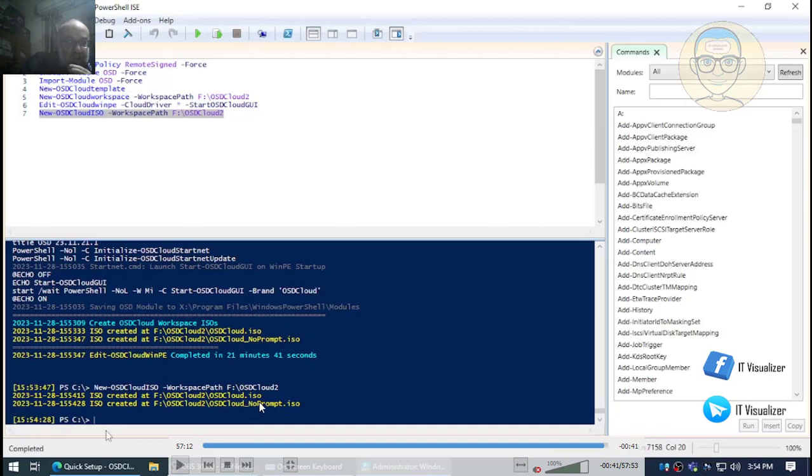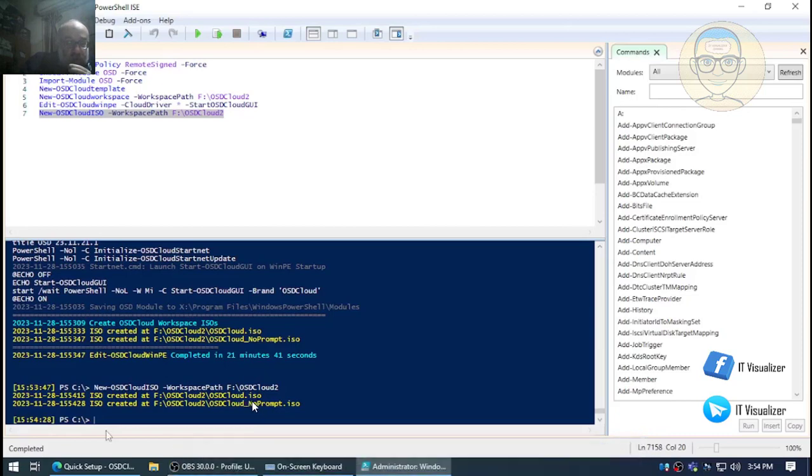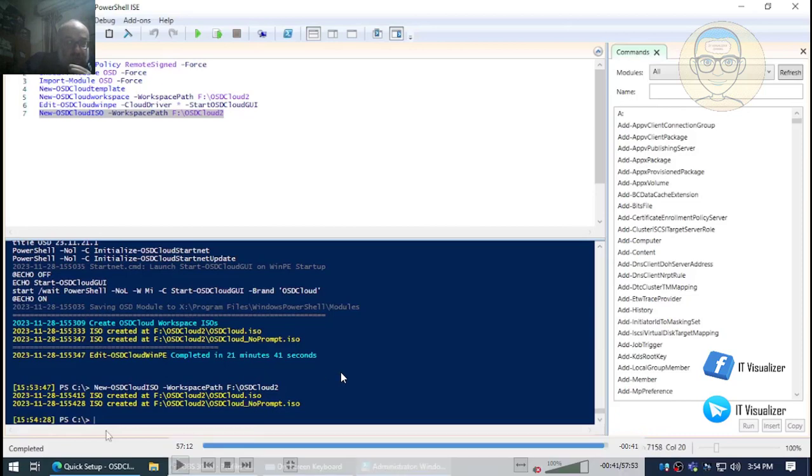Okay, we will have one that is the normal one and the no prompt one. With the no prompt one, you will not be prompted to press any key to boot from the video. It will boot automatically for you. So these are the basic things. They are the same, but no prompt. It will not prompt you to press any key to boot from the DVD. Okay, so this is basically